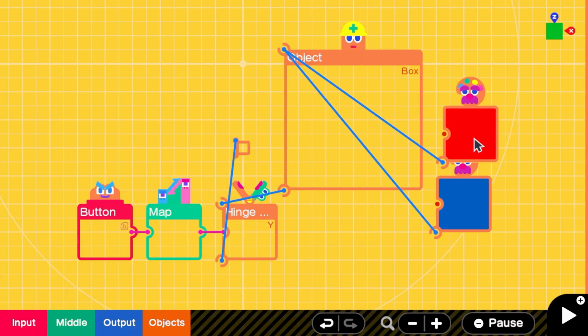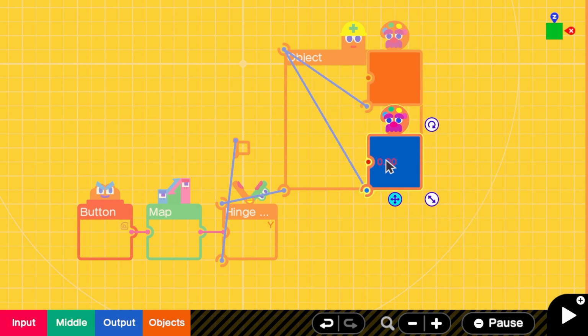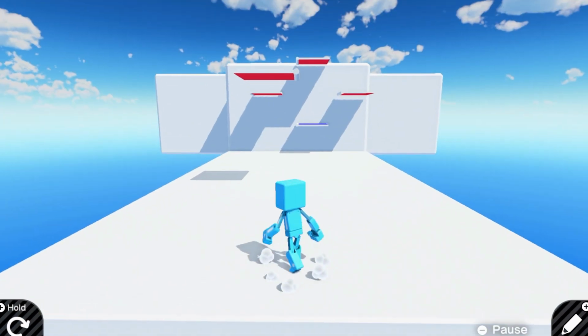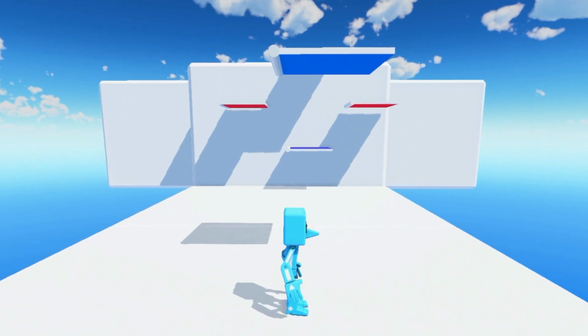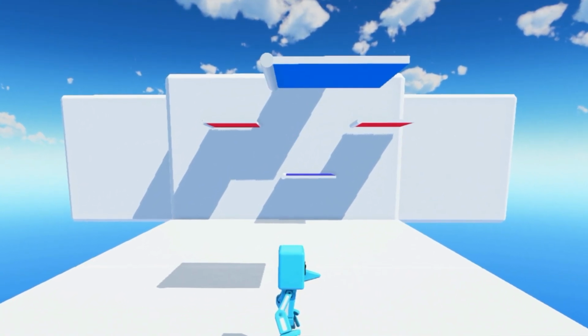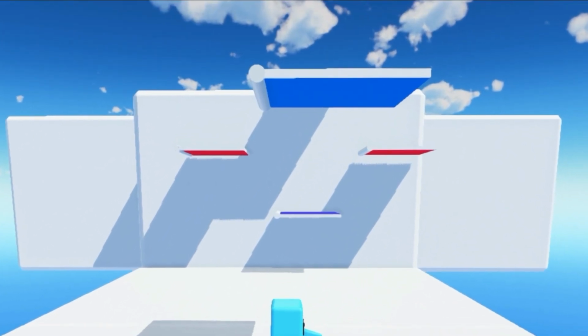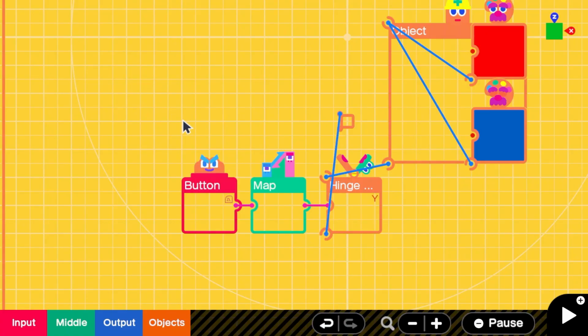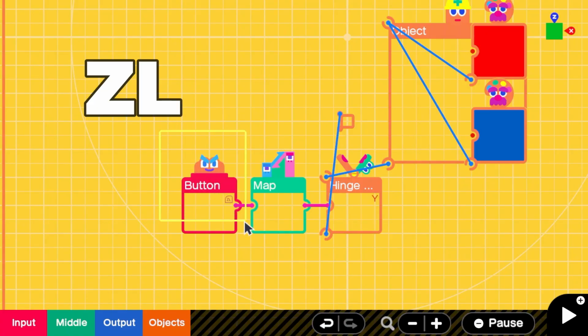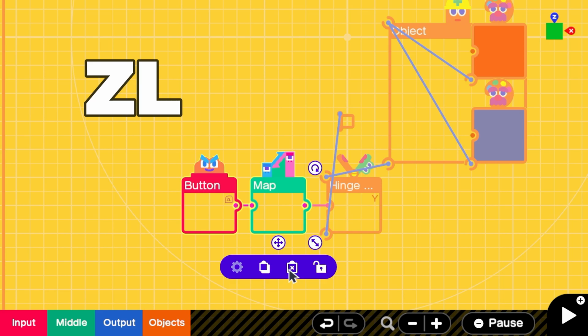And you don't need any kind of triggers actually, because it's always going to be the same no matter what. Let's take a look. So now you can see blue is there and then red, and it switches as it moves back and forth. Perfect. Once you're done testing, you can actually hold the ZL button and then grab both of these and delete just